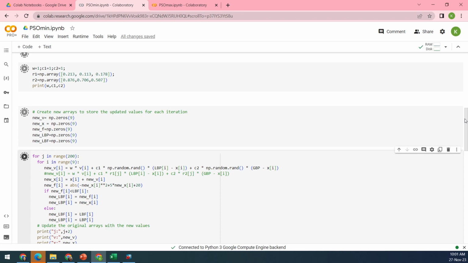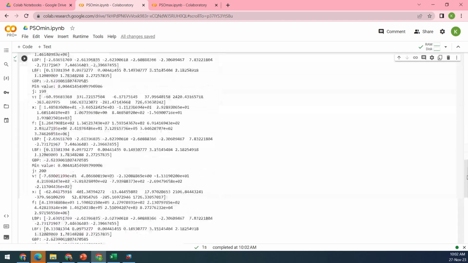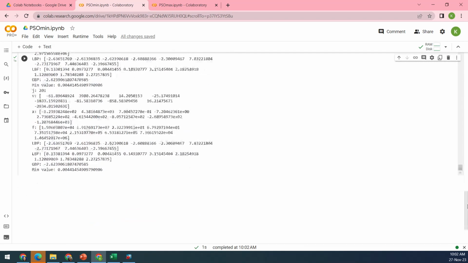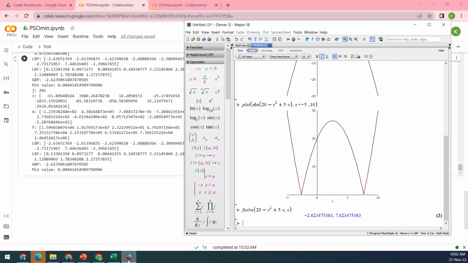So you run everything. So until J201, you get the root. Oh, so negative 2.6239 something, the minimum value. Okay, so the root that you obtain here is not exactly the same as Maple, because for Maple this value happens